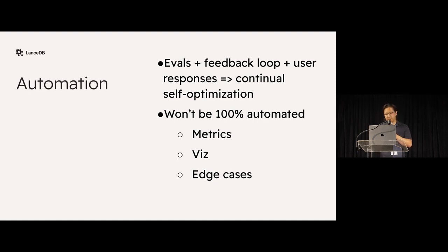So what's important is to look at the metrics. You need to have visualization tooling, and then you need to pay particular attention to edge cases. My expectation here is that, just like in recommender systems, you'll have a really big step function in quality when you first start putting these fine-tuning and self-optimization processes in place, and then it'll taper off and become sort of a long-tail problem.